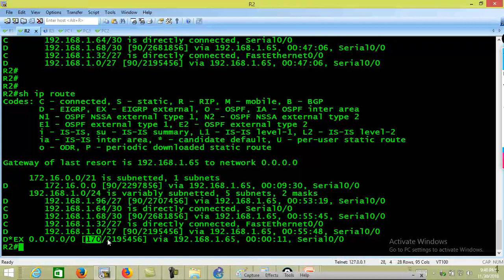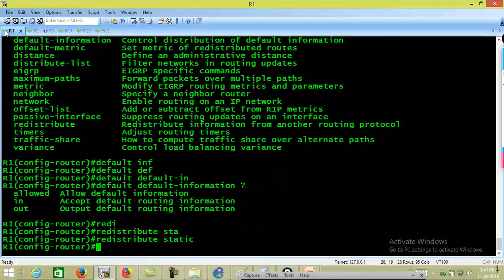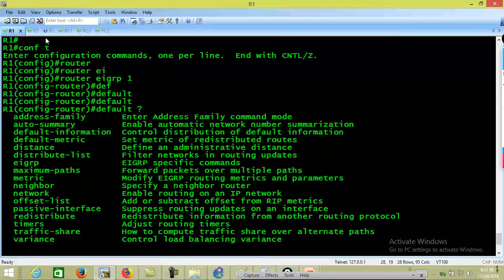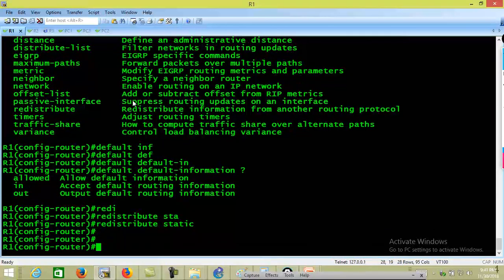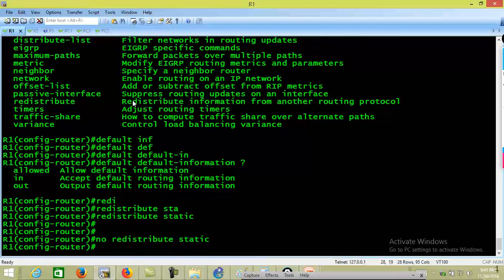Now this is something that comes to haunt you when you do redistribution, because you can see the believability of a redistributed route is horrible. It's not as believable as internally learned, because like I've said, redistribution is something that you want to avoid as much as possible. The problem with this is every static route that was on the HQ router will now be broadcasted to the rest of the world. But anyway, for the exam maybe you want to learn that, though in the real world people don't like using that